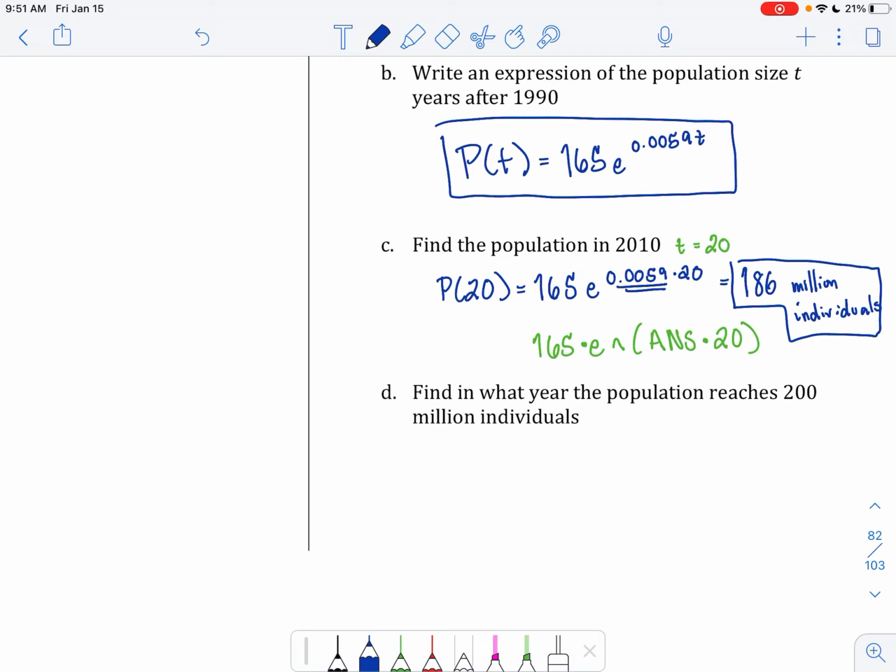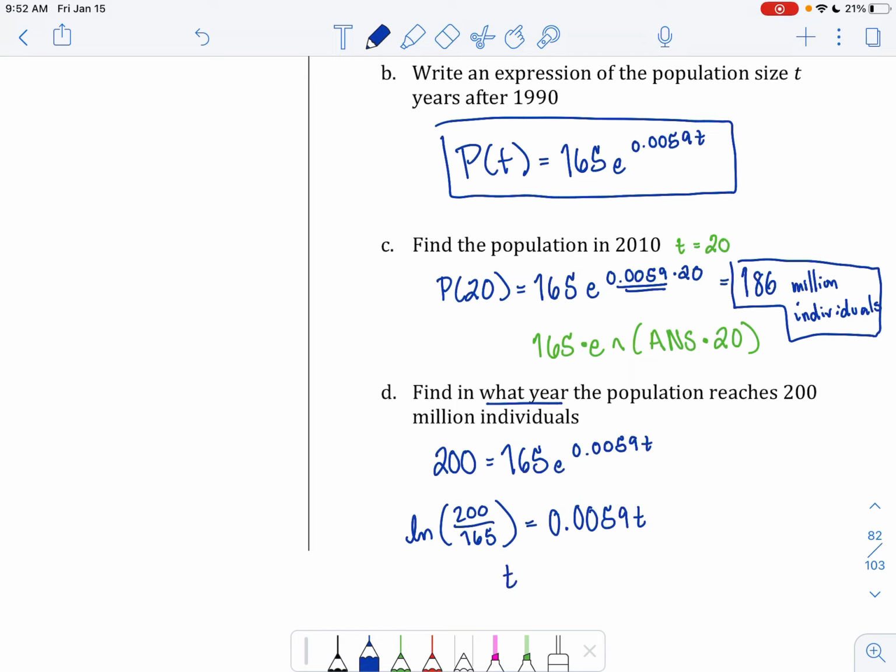Now D, find what year the population reaches 200 million individuals. So here we're solving for t, but I'm still going to use that same function. The population's now 200. We start at 165, e to the 0.0059t. Very similar to when I'm solving for k. Divide and then take the log. Equals 0.0059t. Again, I'm going to use that as the answer, just to keep myself from having any rounding errors, and I get